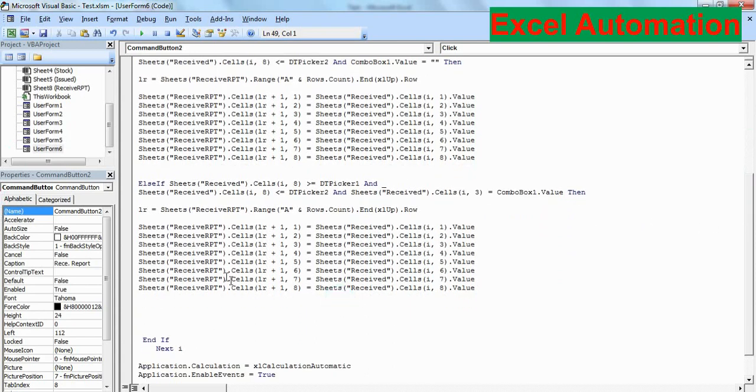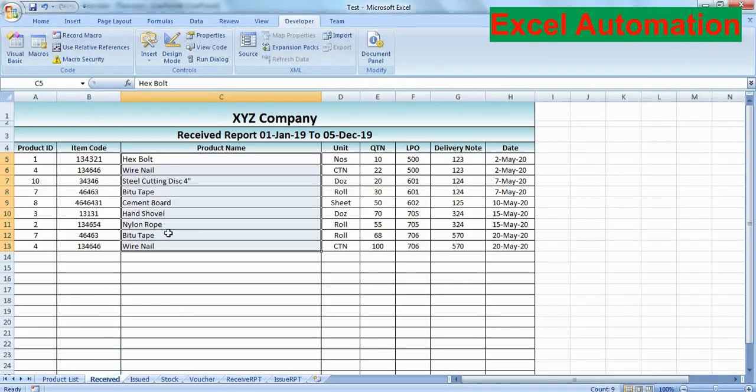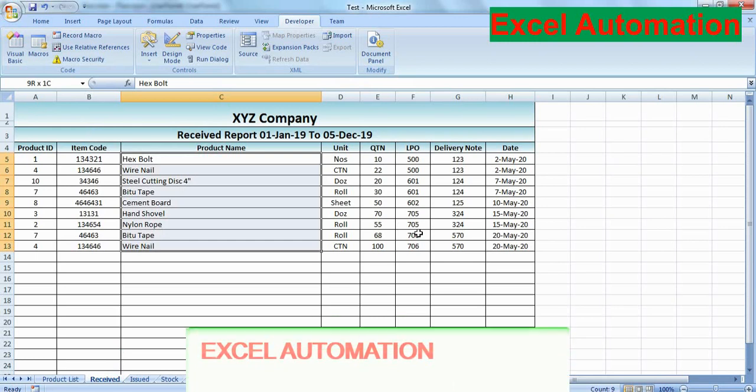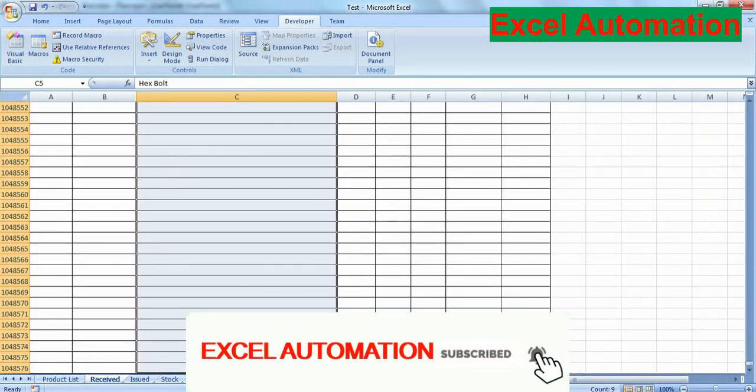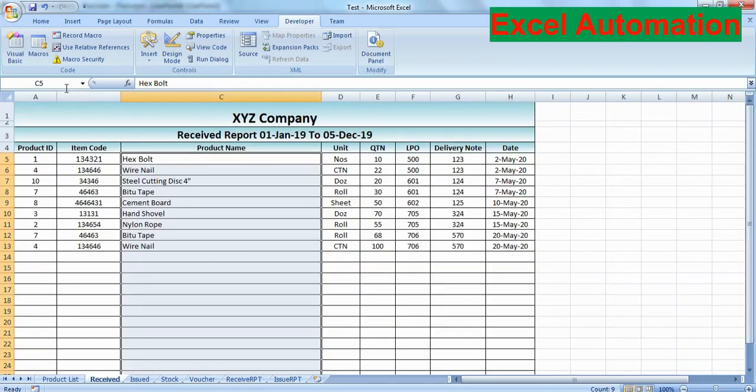One more thing I will show you, that from here we have populated the list of our products which is coming from our product list. I have selected this range, and this is the product list I have already created.